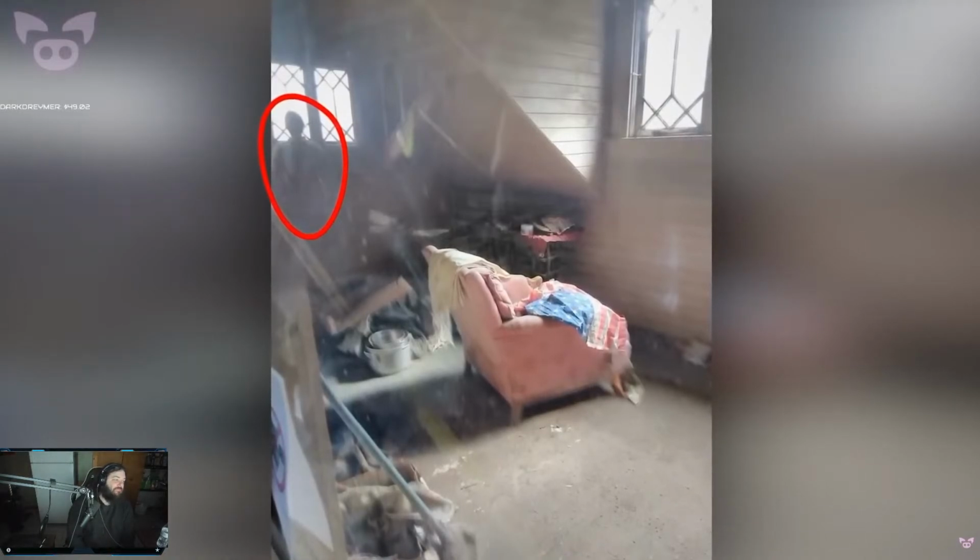While the bottom half of the figure is harder to make out, the head of the figure is more defined, looking like a man with a darkened face. The photographer didn't initially notice the figure until the photo was posted online. The figure becomes even more frightening